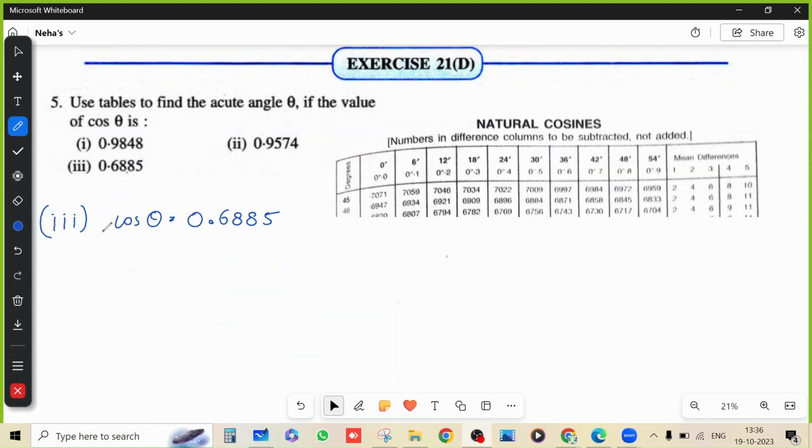The next question is cos theta is given as 0.6885. Now, if we will look in the natural cosines table, the value that we will find closest to this one is given under cos 46 degree 30 minutes. So we will write it now as cos theta is equal to 0.6884, and the gap between these two numbers is 0.0001. Now this can be converted in the form of cos as this is the value of cos 46 degree 30 minutes,